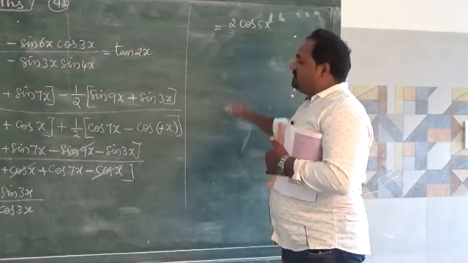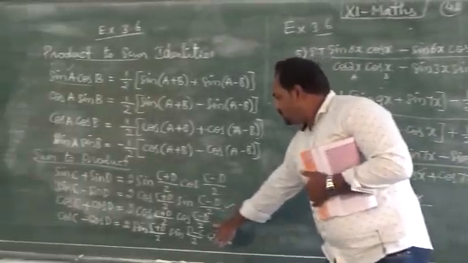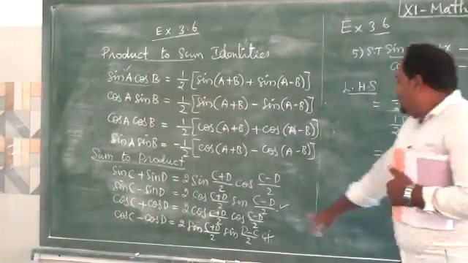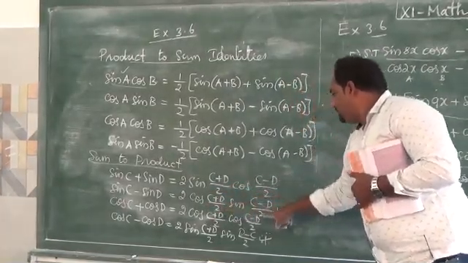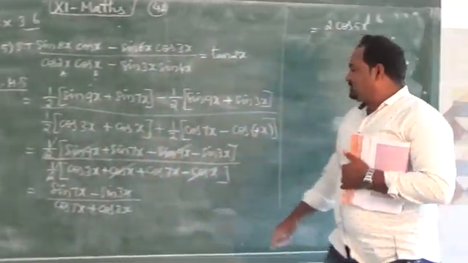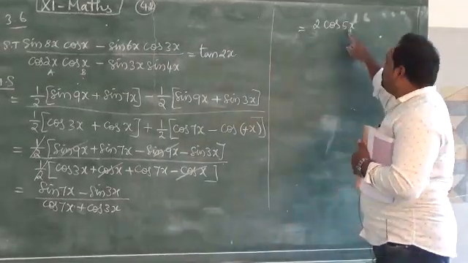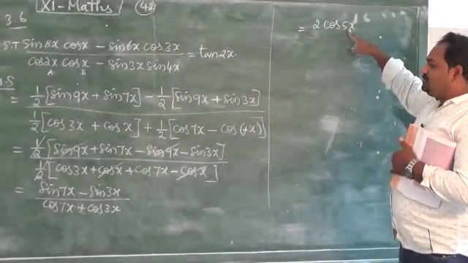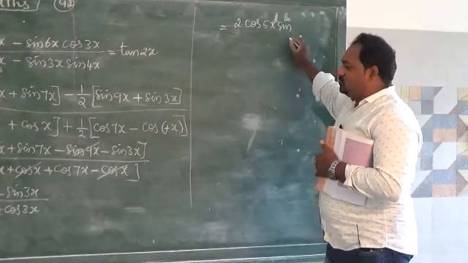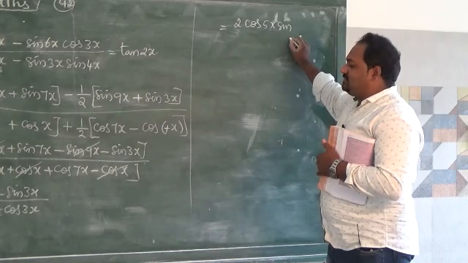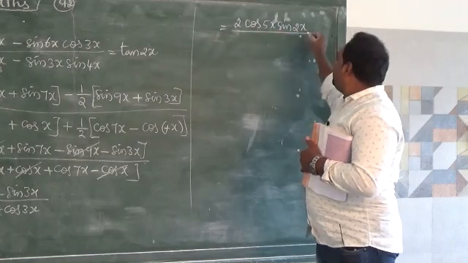Directly I am writing, it is not a difficult one. Second one, 2 cos C plus D by 2, C minus D by 2. Here C is considered as 7, D is 3. 7 plus 3, 10. 10 by 2, 5. So 5x. Next one, sin C minus D by 2. C minus D, 7x minus 3x is 4x. 4x by 2 is 2x, divided by